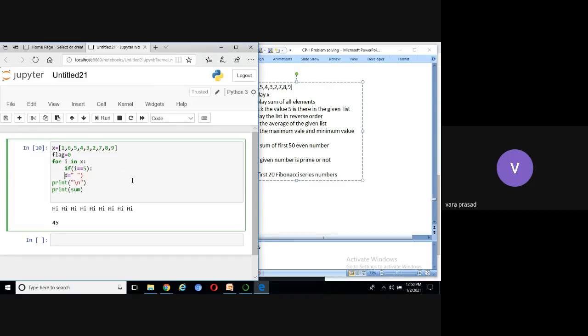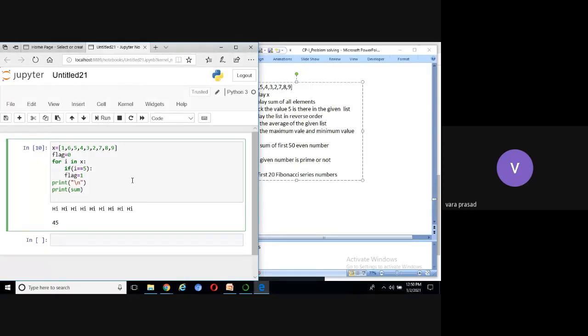Set flag equal to 1 indicates store 1 into the flag. Is it flag double equal to 1 or flag equal to 1? See, I told clearly in the last class, equal to is an assignment operator. Double equal to is a comparison operator.